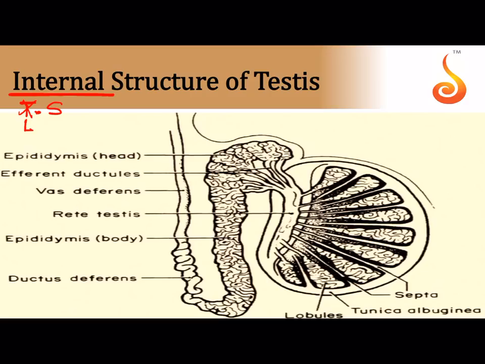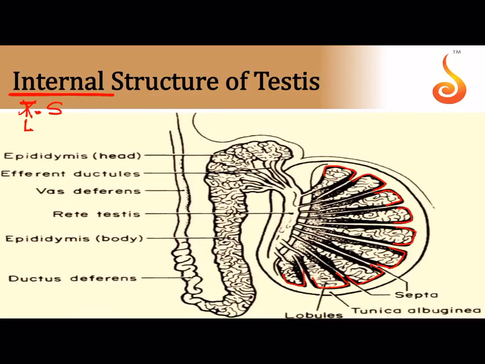What do you first notice here in the testis? Now, can you all see there are compartments inside the testis? Yes. What do we call these compartments? These compartments are referred to as the lobules, the testis lobules. There are about 200 to 250 such testicular lobules, which you will see when you take a longitudinal section of